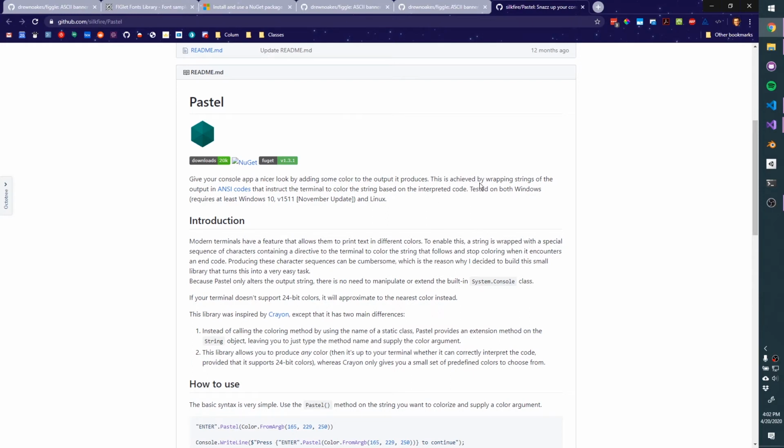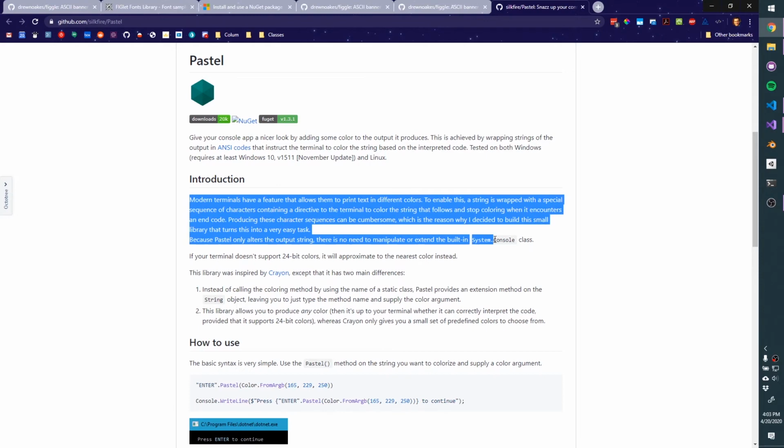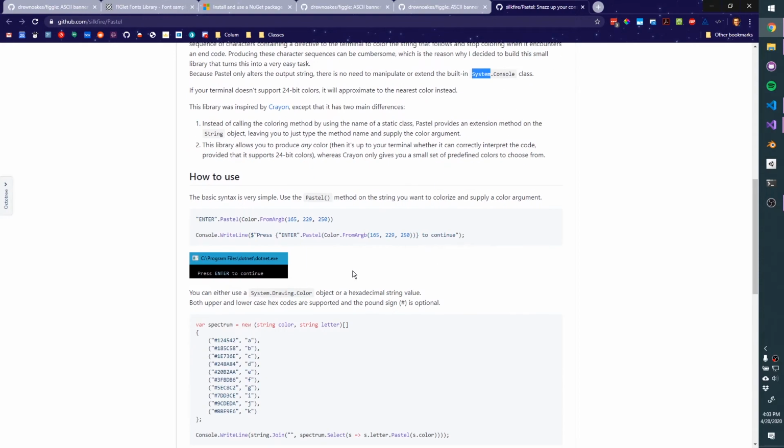So starting at the top, it's telling us that the way it achieves color is by taking a string and wrapping it in a series of codes that tell the terminal what color to render that string in. And it's been tested on Windows and Linux, so fingers crossed, folks that are on a Mac, that this works, but the author is making no guarantee that the code works on a Mac. There's a little bit of an explanation of how they felt limited by the System.Console class, and then there's a how-to,